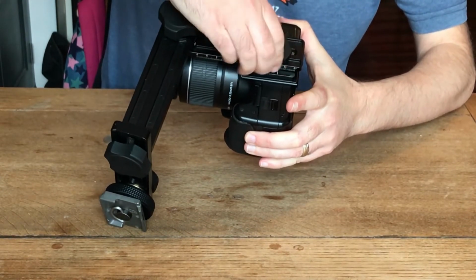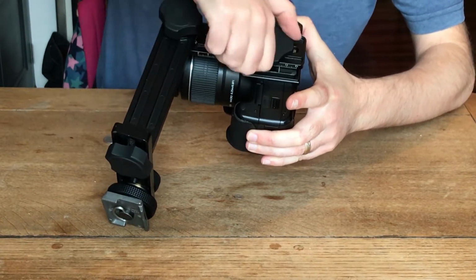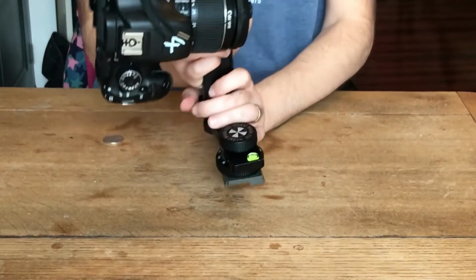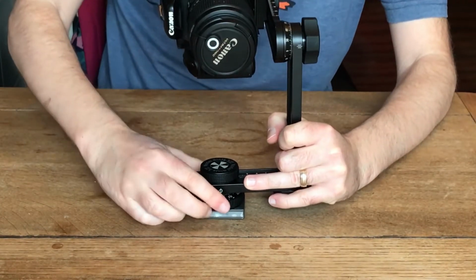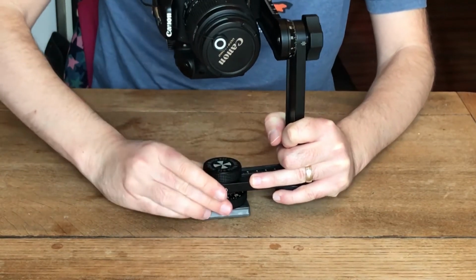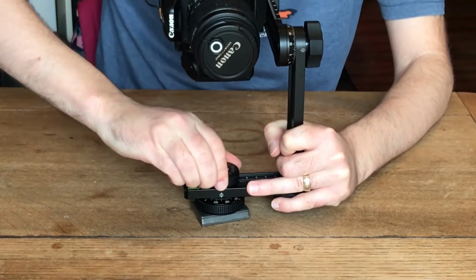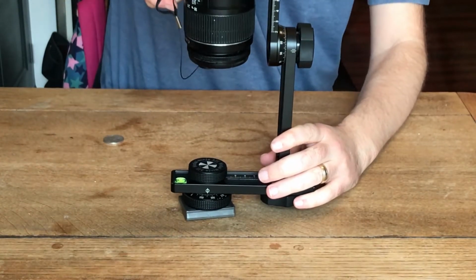You want that, again, fairly tight when you're not moving it, because you don't want it falling off, and also accuracy is key. So the whole thing is going to look like this. It's going to sit on the tripod, and it's going to allow you to rotate. You need to loosen this a bit. It's going to allow you to rotate around that center point in very precise angles. And then it's also going to allow you to rotate the camera like this,